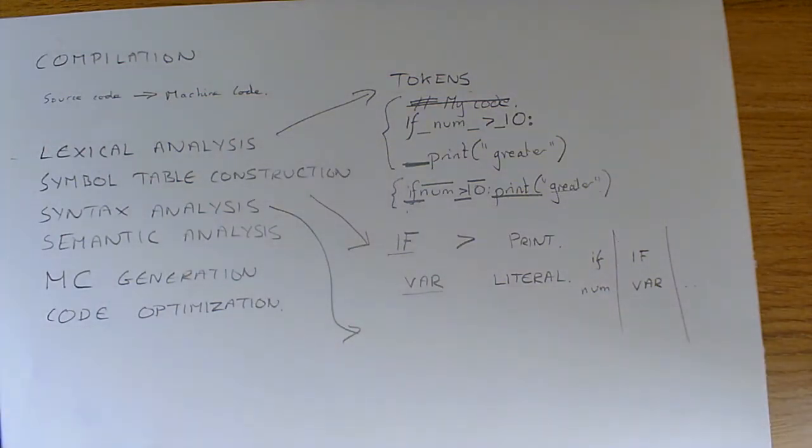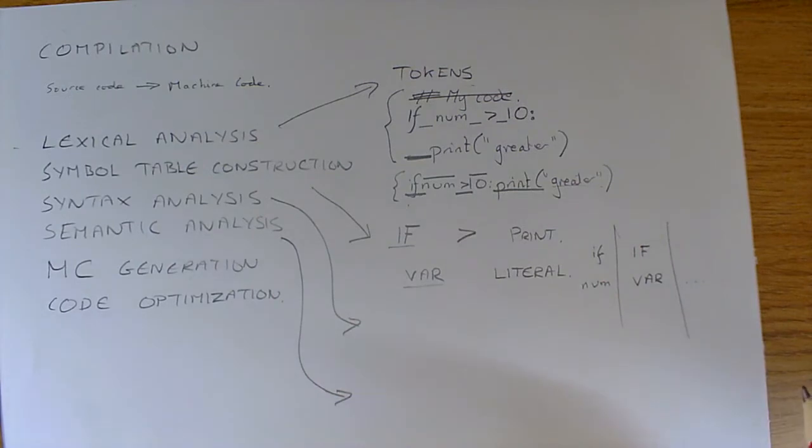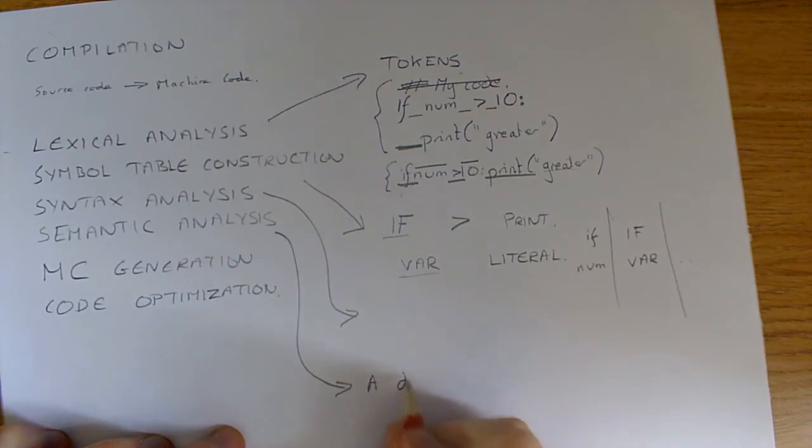Once we've done that, we move on to semantic analysis. And semantic analysis is very simply, we check all the variable types to make sure they're correctly declared and that the meaning of the code makes sense. As an example, a dog is a rug